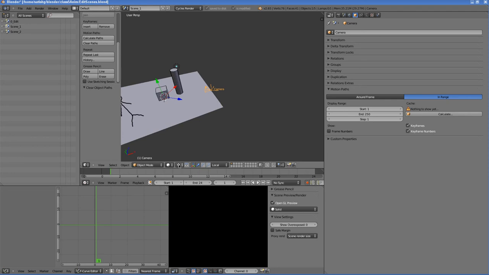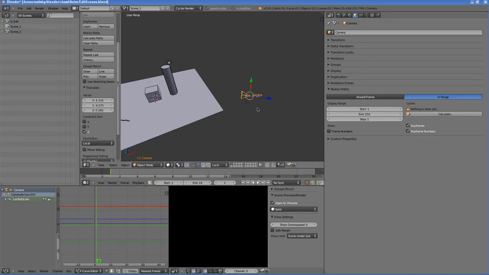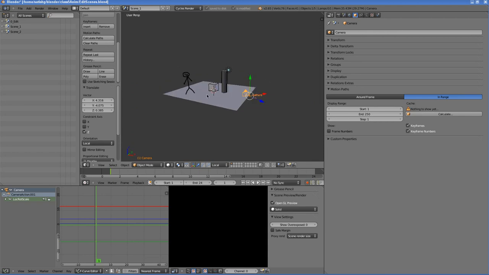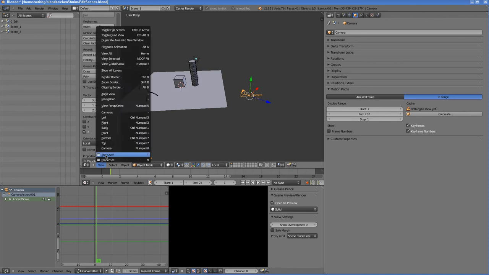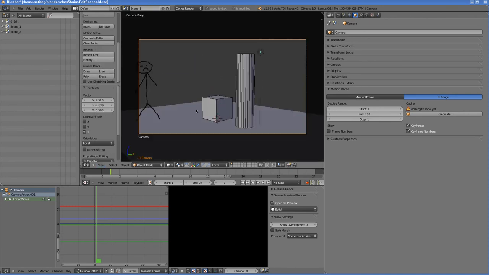I'll switch back to median point, and be at frame number 1. Move the camera back. Switch to the camera. Alright, so let me just move the camera a little.